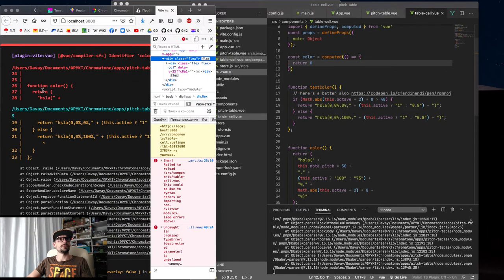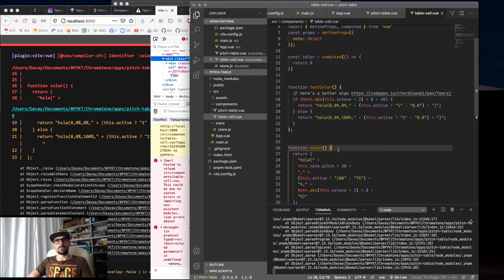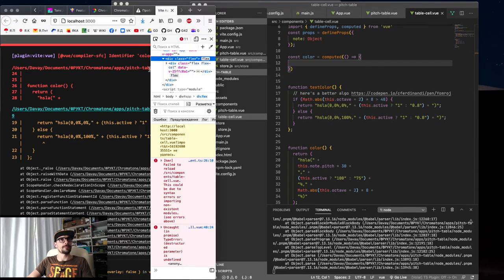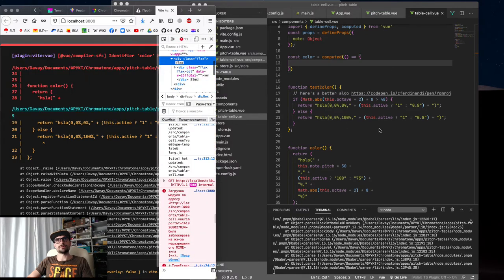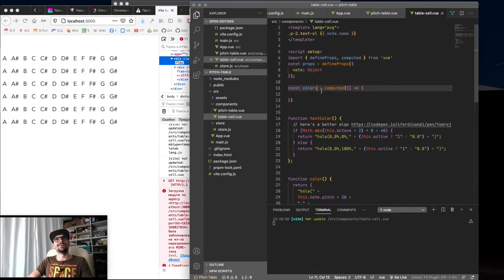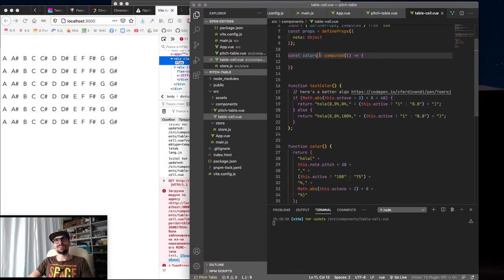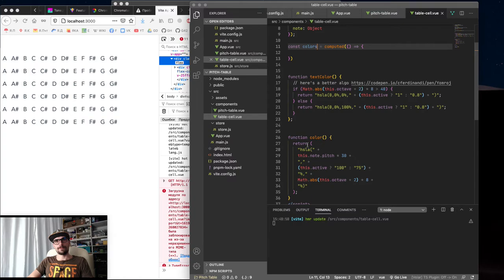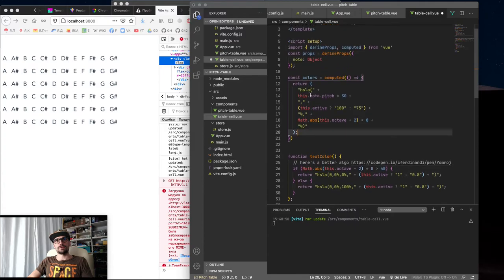Okay, but we got some errors here. Why return color has already, okay, colors. Okay, colors. For now it's one color, and I'll rename it later. Okay, let's take this and run it through. We got props node pitch multiplied by 30. It's about